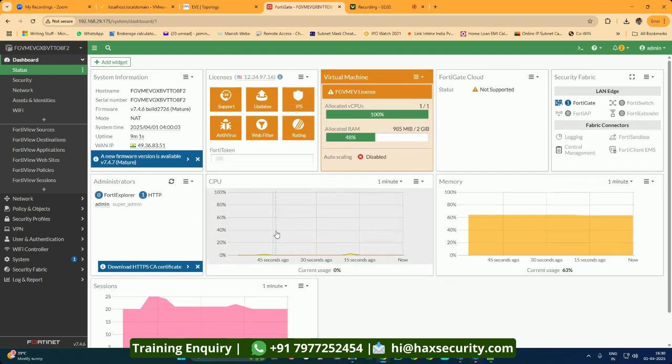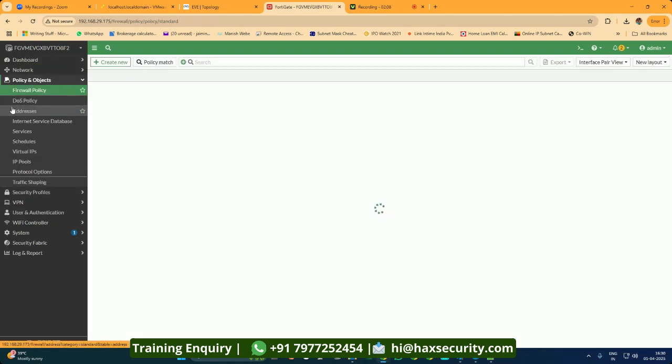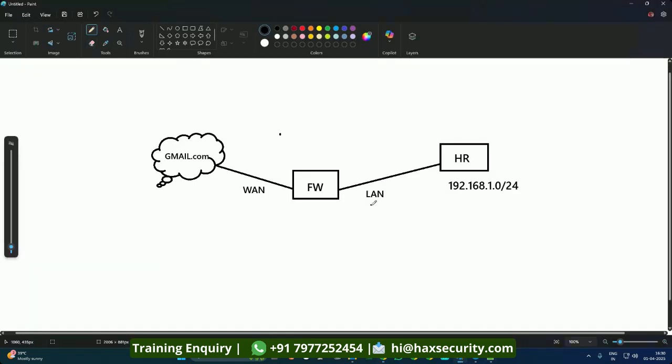Okay, let's go directly to Policy and Objects, where I'm going to show you how to create a firewall policy on the FortiGate firewall. Let me first show you a scenario-based example of how to create a rule. The example I am taking here is one where there is an HR group of people who are on